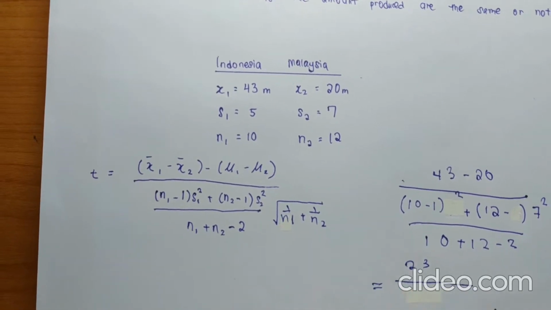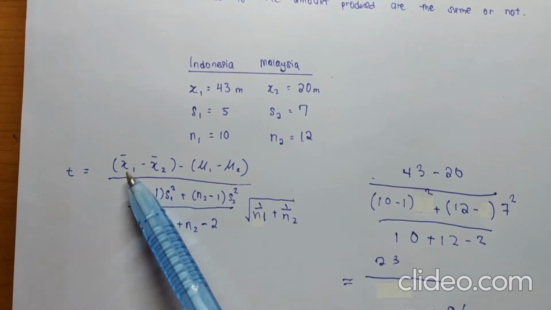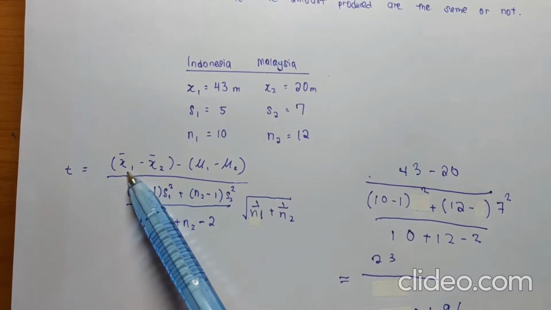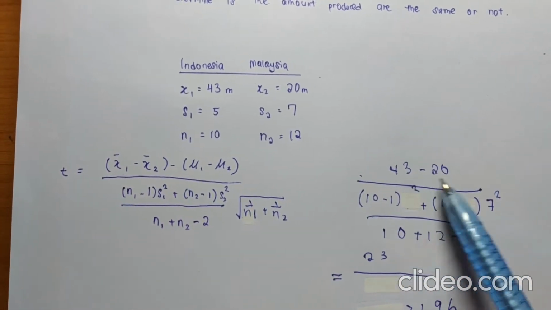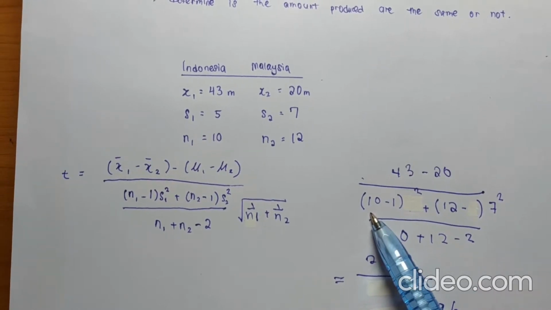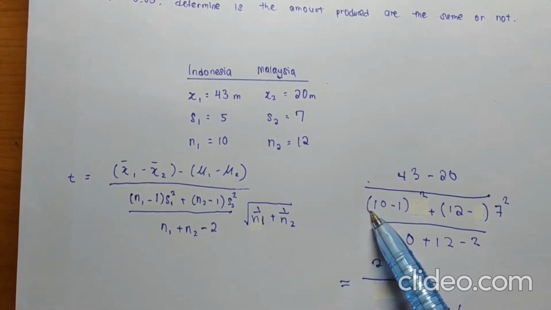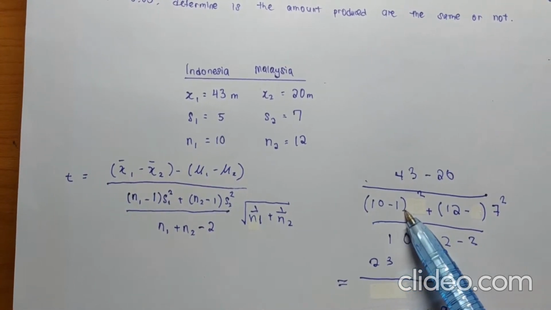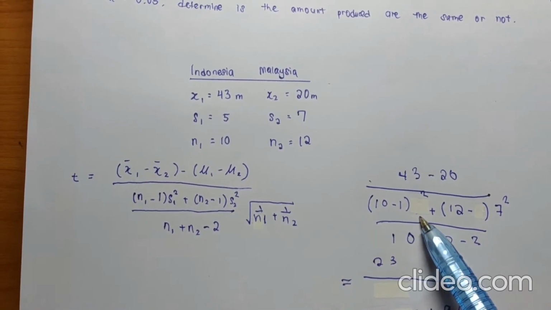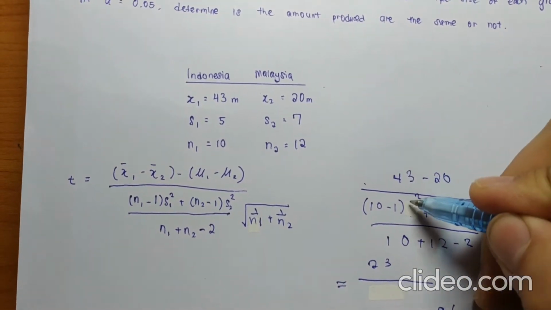So you can see our equation right here. It's a big one, but basically you just substitute in the numbers. The mean of our first sample is 43, so 43 minus 20. Here we have the sample size of our first sample, which is 10. You put in 10 minus 1 times the square of the standard deviation of our first sample, which in this case is 5,